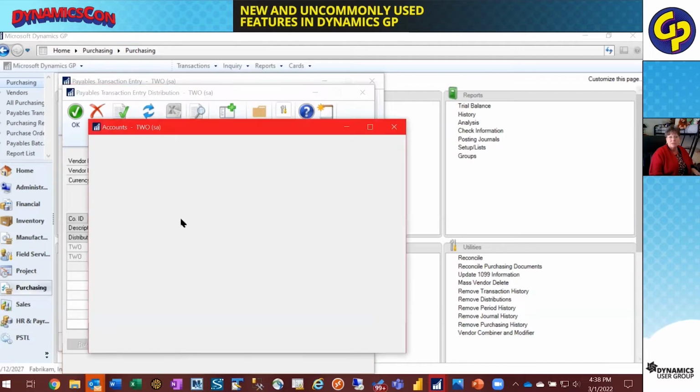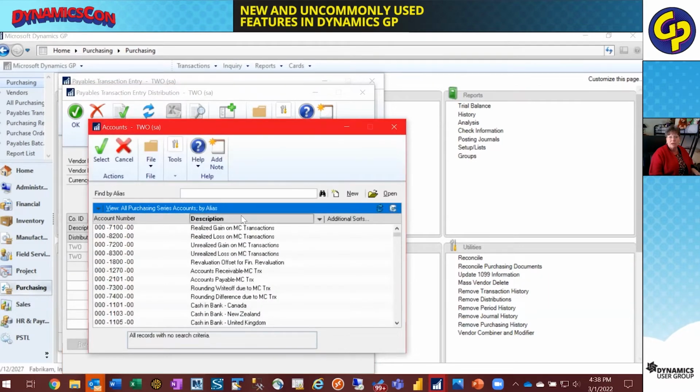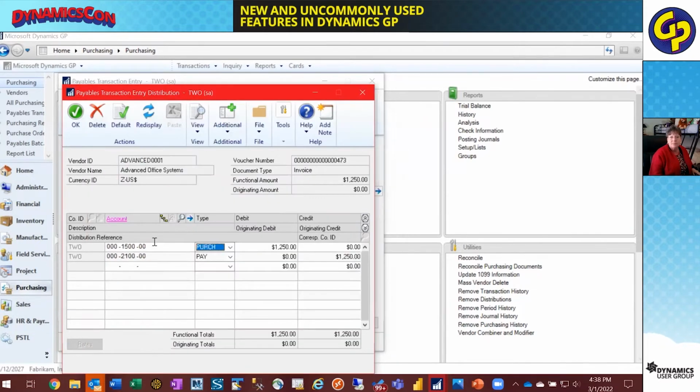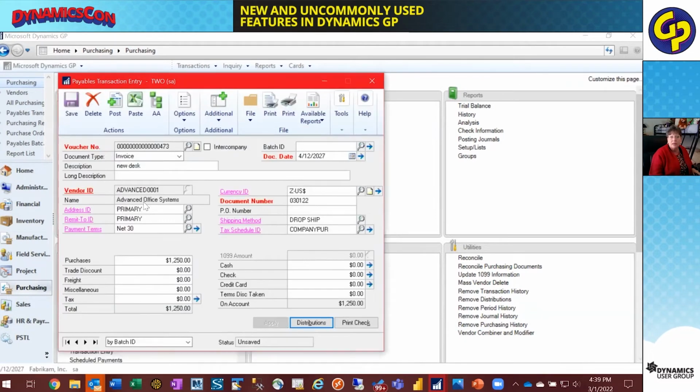So I can do a search if I don't remember my account, or I can choose by description. So I'm going to choose my furniture and fixtures, and it's $1,200. So now I'm going to click on OK here. And I don't have a batch ID on this, so I'm just going to post this transaction. And so when I post this transaction,